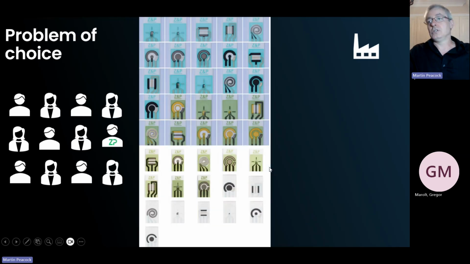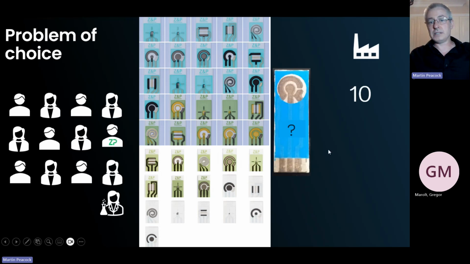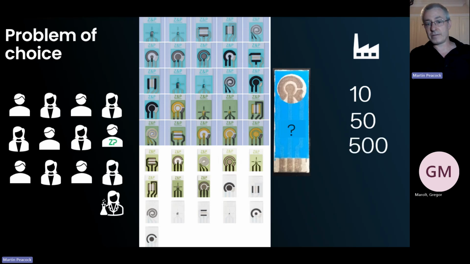electrodes in the world. Sometimes an academic team will also have a screen printer and they'll be producing their own screen printed electrodes. And what this means is you've got at least 10 people in the world that will supply you with screen printed electrodes. If you go on their website, you'll find at least 50 products. That means that there's probably over 500 products on the market that if you ask the question tomorrow, I need